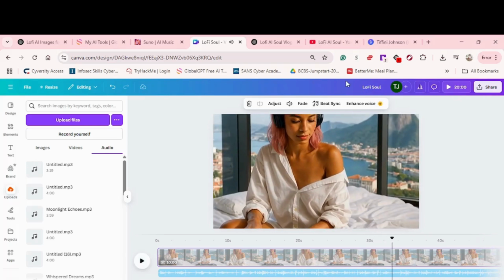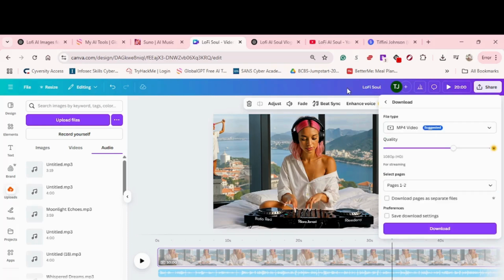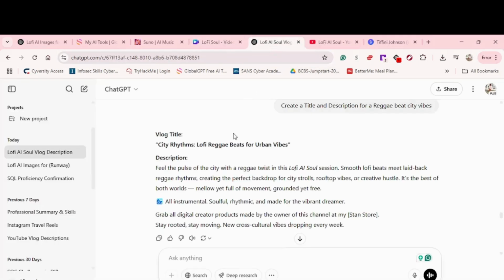All right, and then for me, after that, I download this video, and I always create a long form and a short. I won't show you how to create the short, but it's literally the same concept. I just go to Canva, I type in YouTube Shorts, and then just use that template, change it to 1 or 2 minutes, and then literally drag and drop again. But for this, I'm going to go ahead and download, and then I just go back over to ChatGPT and say,